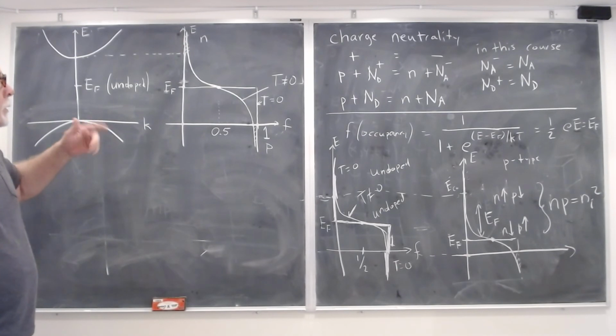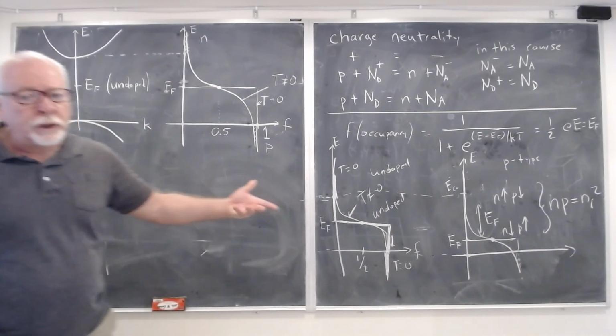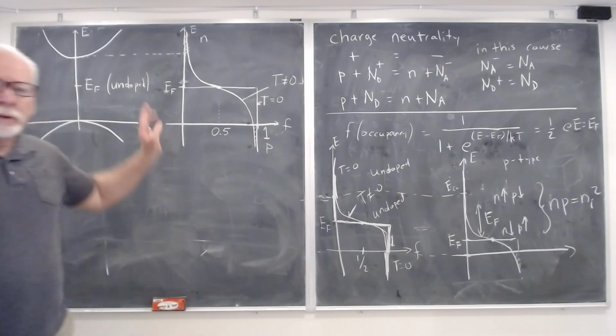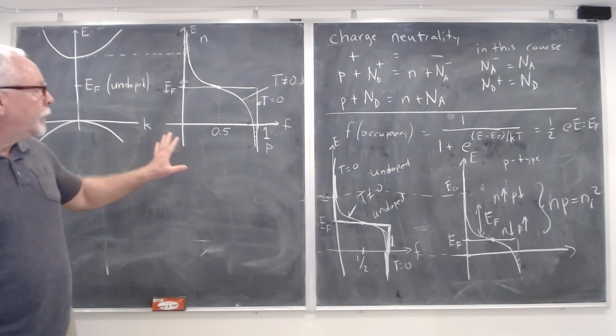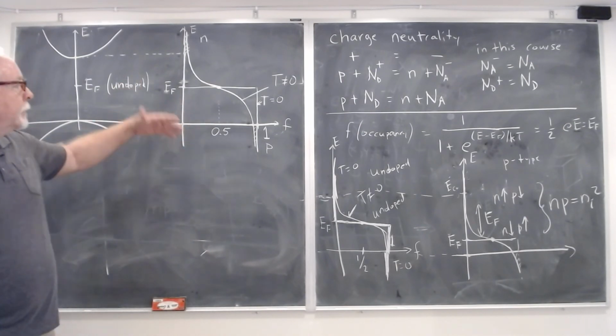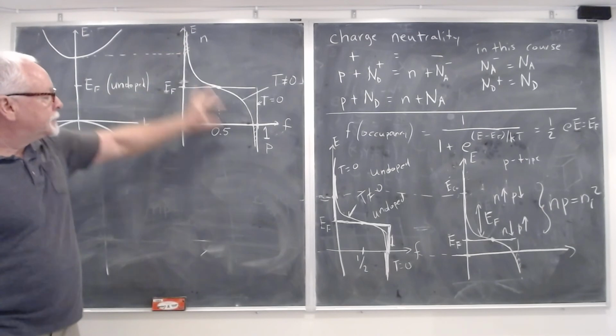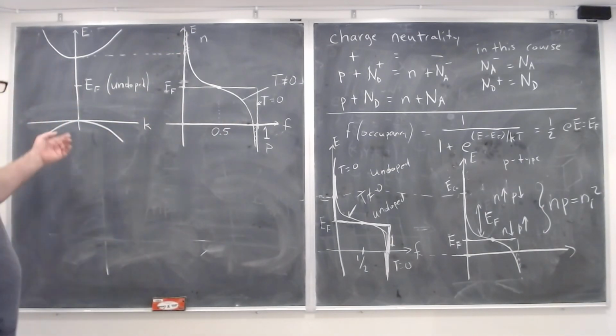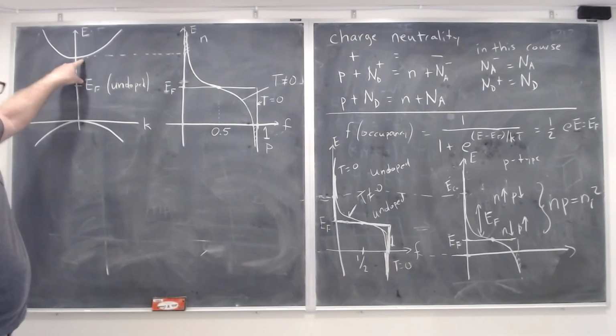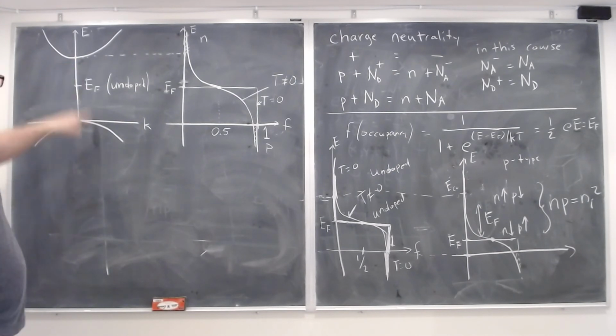All right. Now, I haven't told you yet how to use F to calculate N and P. We're going to do that next. But you can sort of see that since F is symmetric, they will equal each other. And again, that follows from the fact that if by thermal energy alone I move an electron from the valence band to the conduction band, there have to be the same number of holes left behind as electrons up here, because that's what an electron does, it leaves behind a hole.